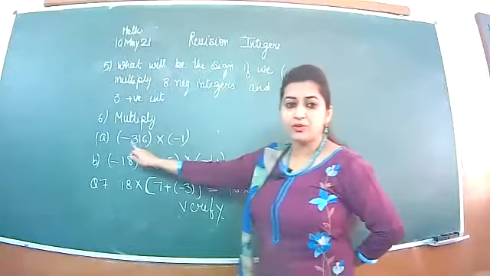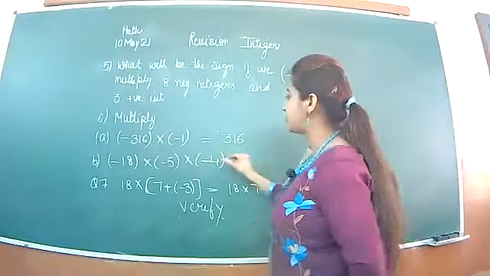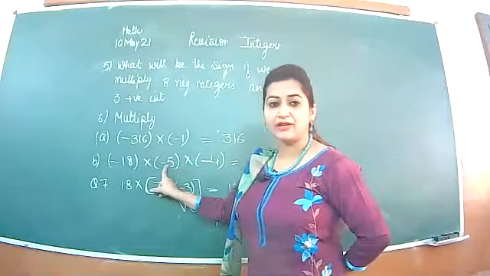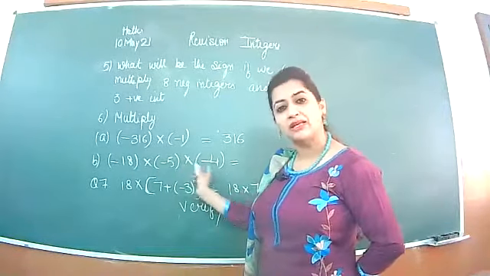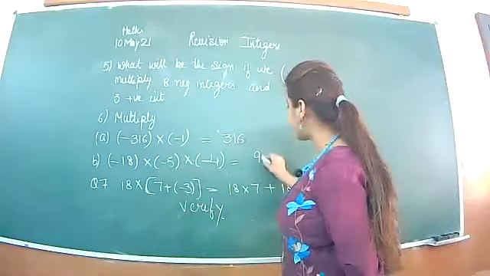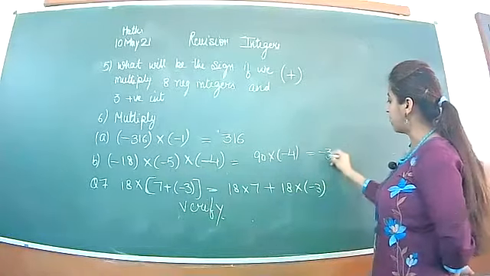Next is, when you multiply these two numbers, minus will be plus, answer is 360. And in this question, what you will do, you will multiply the first two numbers, or you can multiply the last two numbers as well. 18 5s are 90, minus will be plus. When you multiply these two, this will give you minus 360.